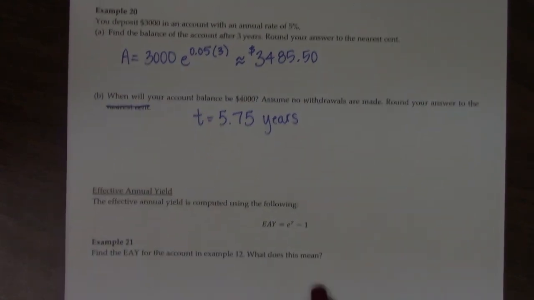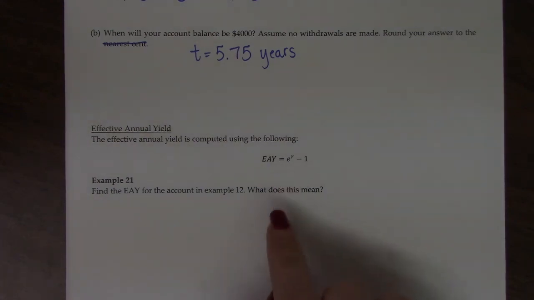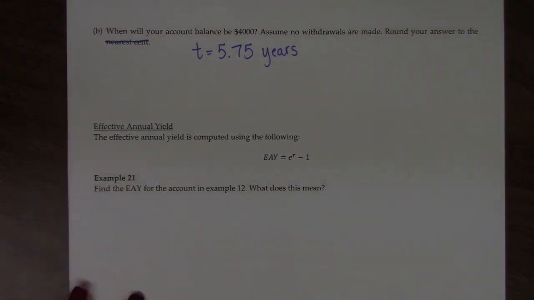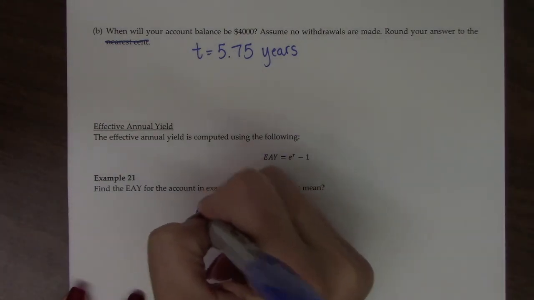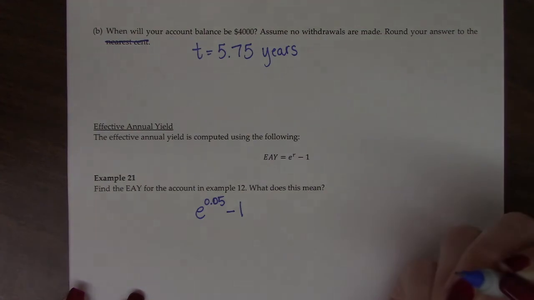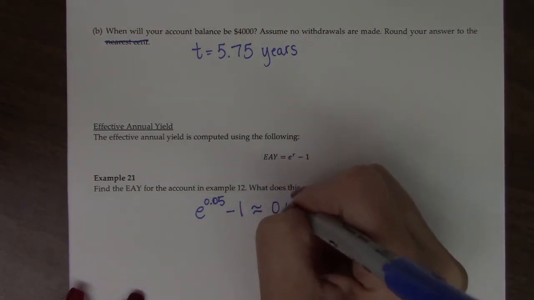To find the effective yield, we did this before, right? We said it is the actual percentage growth of the account over the year after you've compounded all the interest. So now we just calculate that. It's a lot easier. It's just e to the r minus 1. So what is the EAY for the account? So our interest was being compounded at a rate of 0.05, and if I subtract 1 from that, I get